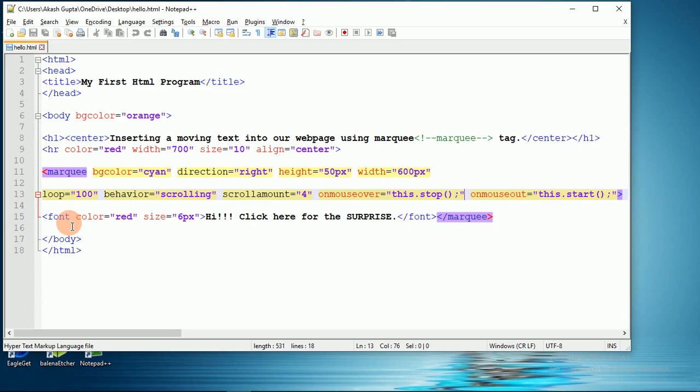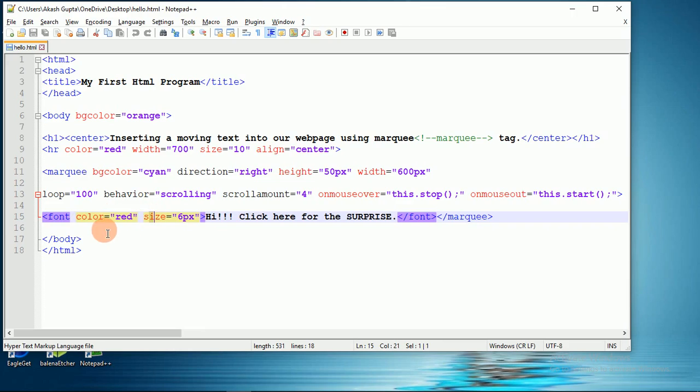Now, for increasing the font size and changing the color of this text, I had used the font tag. Two attributes of the font tag I had used are color and size, as you can see here.